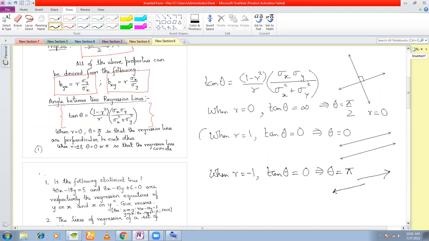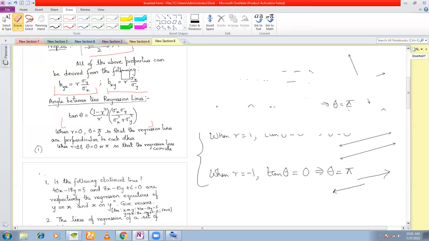But in both cases, when there is a perfectly positive correlation, the regression lines will coincide. Or even if it is a perfectly negative correlation, even then the regression lines are going to coincide. All these concepts are important for your MCQs. These concepts we hardly use for our problems. Okay, let us now move on to the problem.